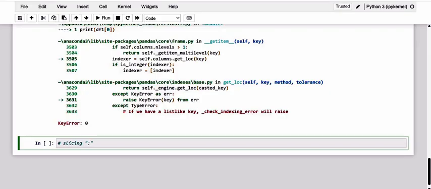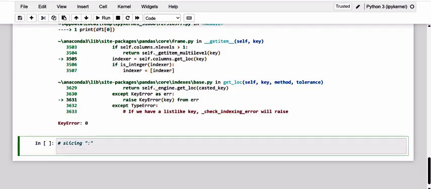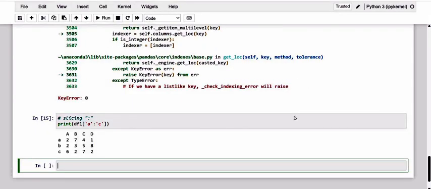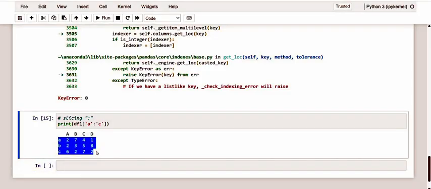Another unexpected behavior is when the slicing operator is used. The indexing operator here will always interpret a string as a row, and actually not a column. So it is exactly based on that label. Kindly observe how you get it done. So this is the data frame, and I'm going to give a row from this row till the end of this one. Kindly see, from A till C I'm able to extract.